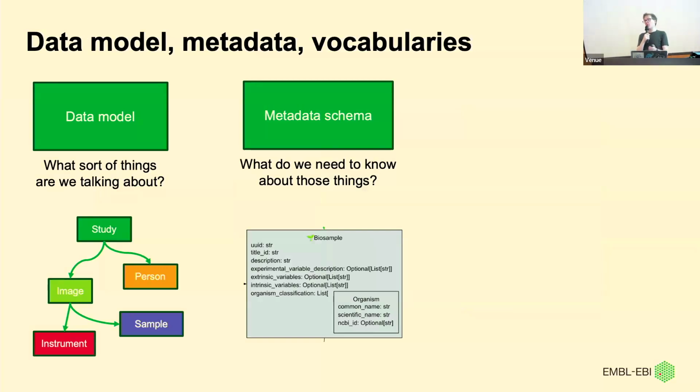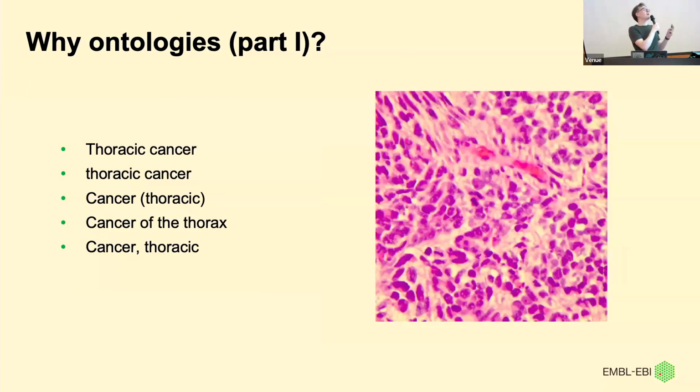Final part, and we heard quite a lot about this over the last few days, is how we're going to describe those things. And I really like in Stephen Jett's talk the other day, the looking at trying to compare slides, histopathology slides, and thinking about the different ways people have described what we instinctively recognize as the same concept. So if you've got a slide and you've got lots of labels which are trying to convey what we immediately recognize as humans, as being, these all are talking about, say, thoracic cancer, these are all different from a computer's point of view. These are all different strings.